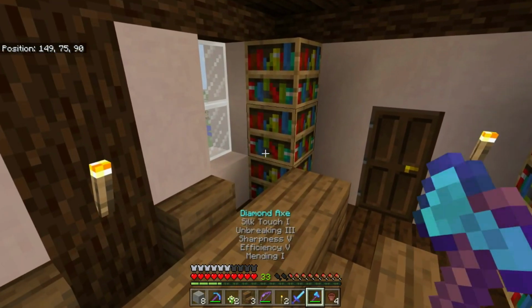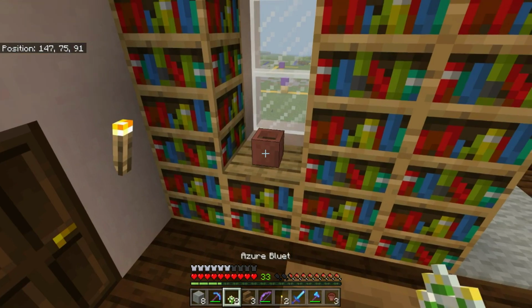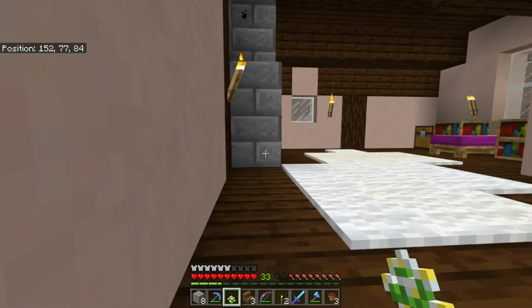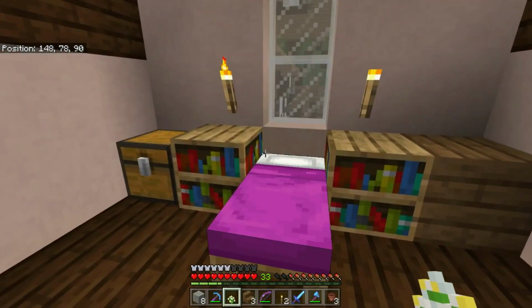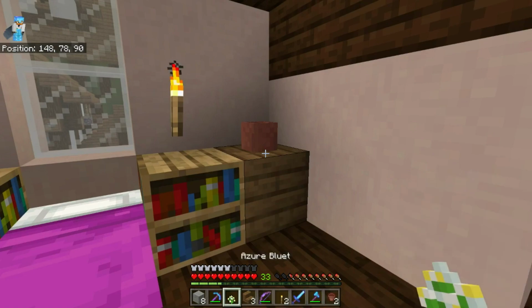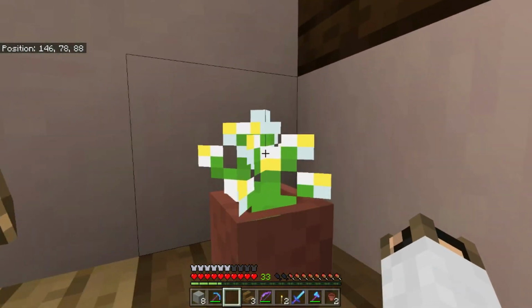Yeah. Pop some of these around. Maybe one on here. Yeah. I should make some paintings as well, so we'll go and make some paintings. A little flower there. So let's not have the flower there. Let's have...